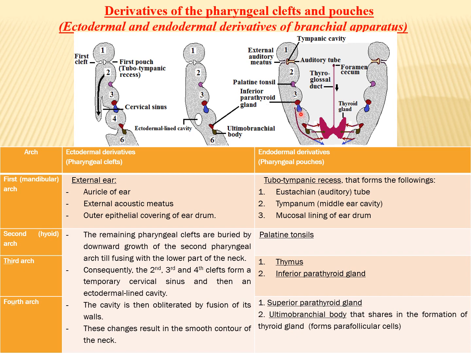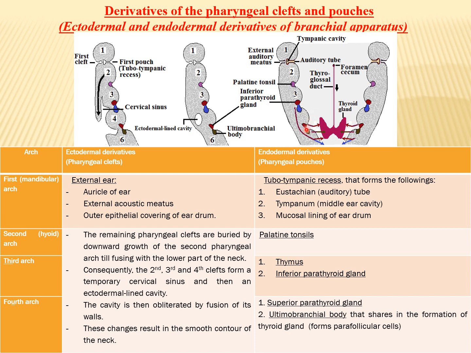So it pulls the parathyroid, which develops with it from this side downward, to reach below the other parathyroid that arises from the pouch below it. So the inferior parathyroid arises from the third pouch, while the superior parathyroid arises from the fourth, or from the pouch below the third. So the third pouch gives rise to the thymus gland and inferior parathyroid, while the fourth, as we said, gives the superior parathyroid